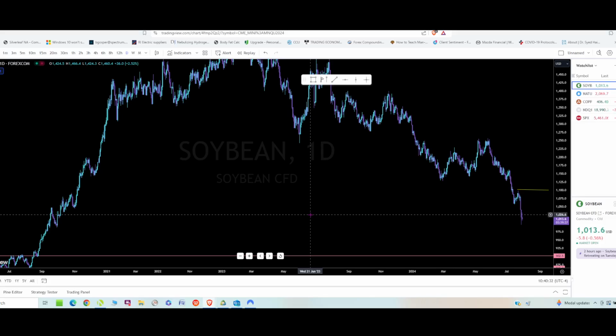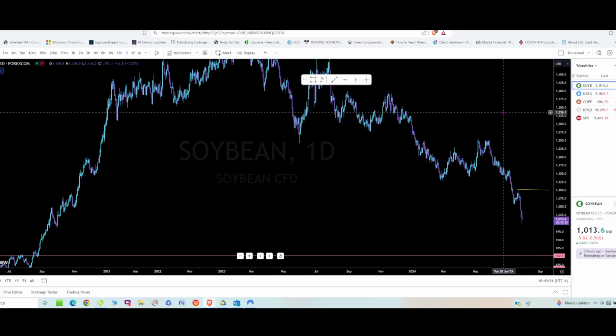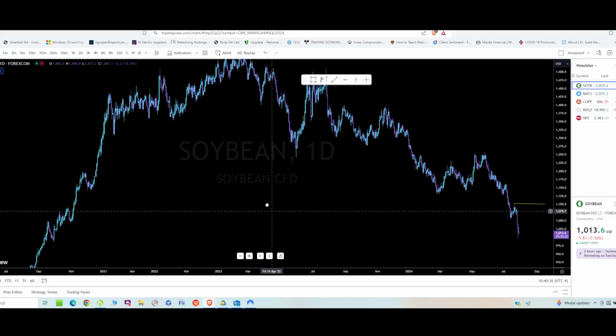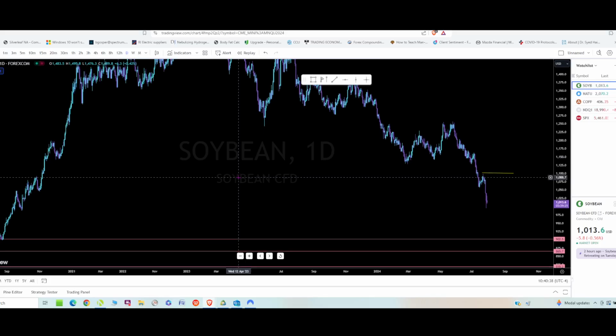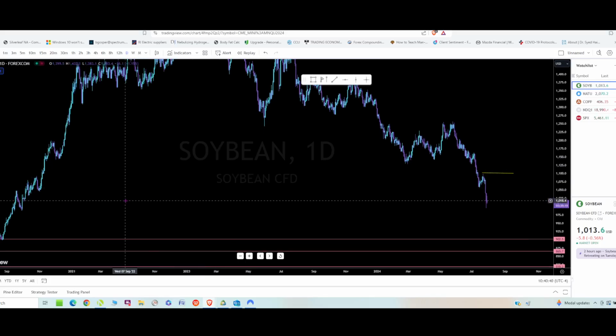Okay, this is the soybean CFD, and again, this just gives you more price history. It's not that you want to get hung up on all this price history, but it gives you a little bit more confidence in zooming out and seeing the bigger picture and knowing where price might end up going